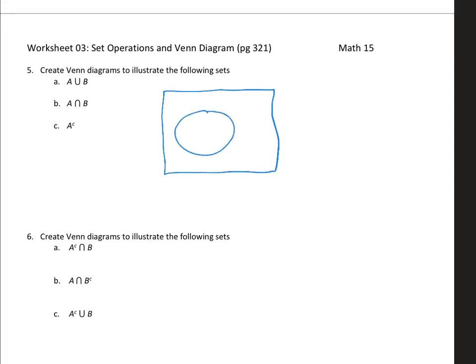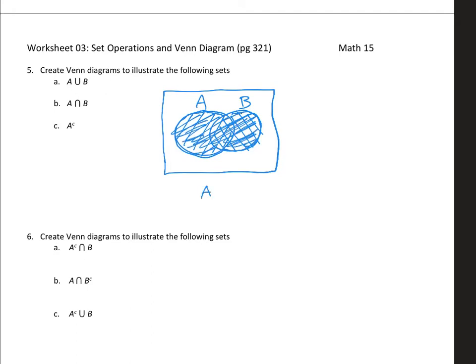A, B. Again, A union B is, you can be either in A, so this is A, people who took 1A. B is people who took 1B. Because it's union, either A or B, or even all A and B, they're all included. So everything that is shaded is included. So this is my final answer.